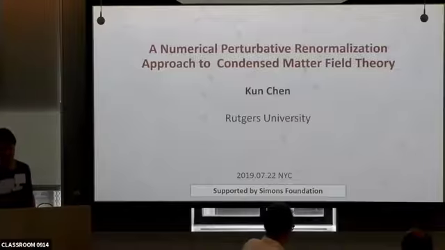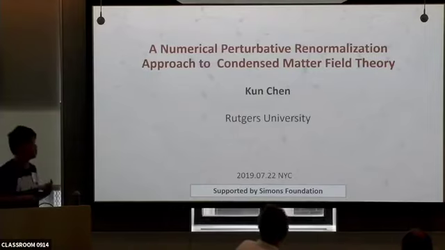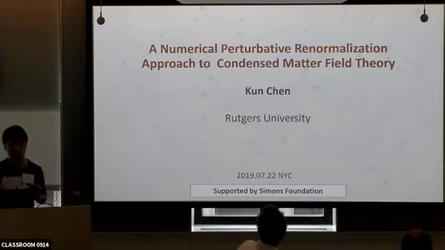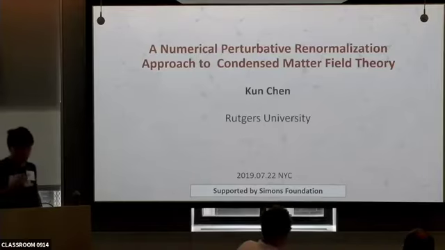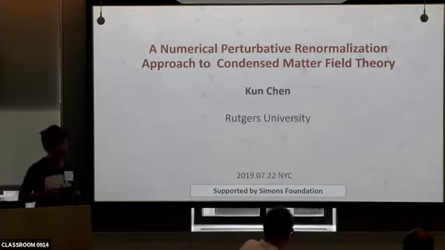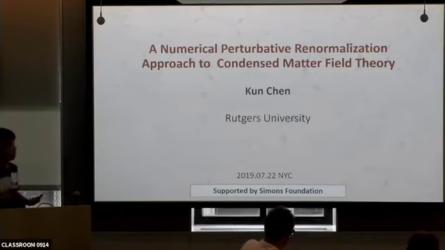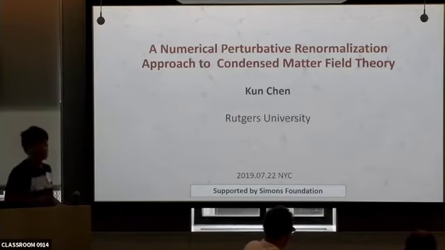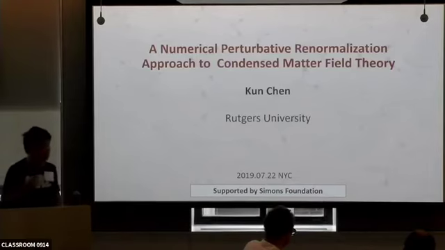So today I would like to share with you some of my recent progress on a numerical approach to do multi-loop calculations for generic condensed matter field theory. I would like to borrow some ideas, the perturbative renormalization technique from high energy, and apply them to solve condensed matter problems. And what makes it non-trivial is that